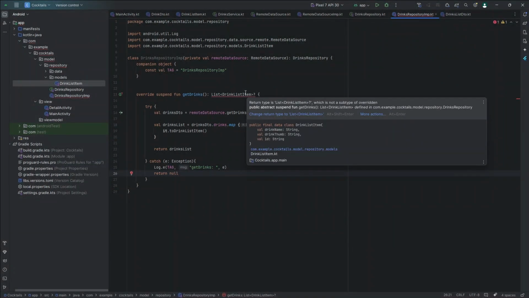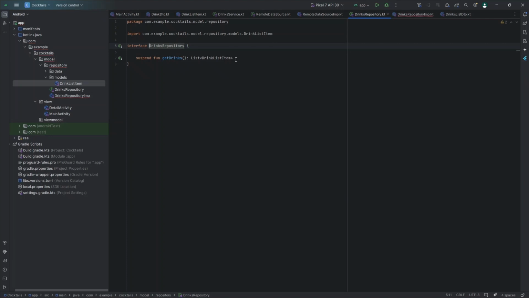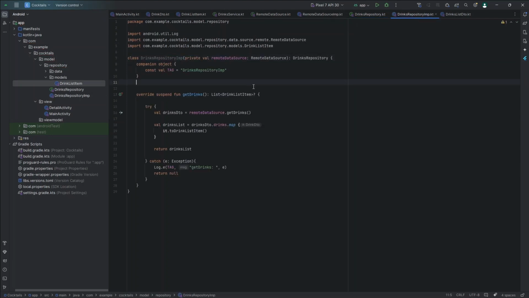So what it will say is that this is not returning null because the drinks repository is not returning null. So far so good. Now we have created a repository implementation in here, and now after that